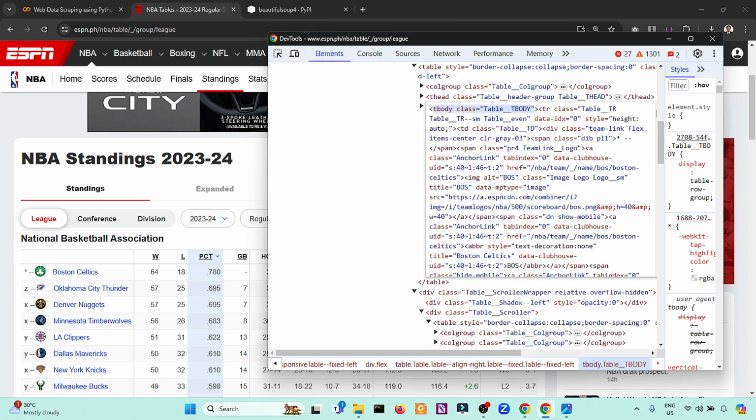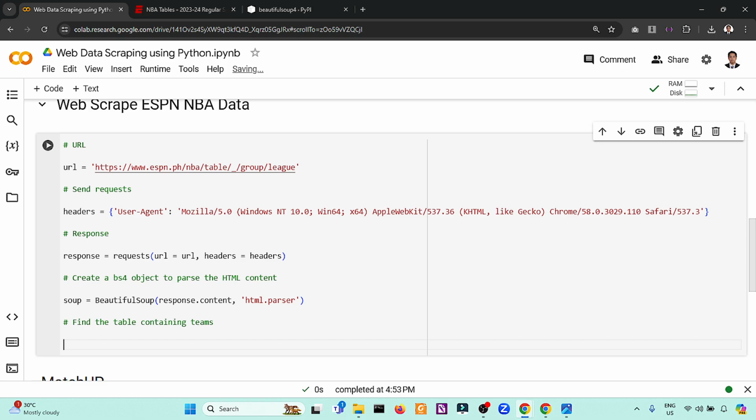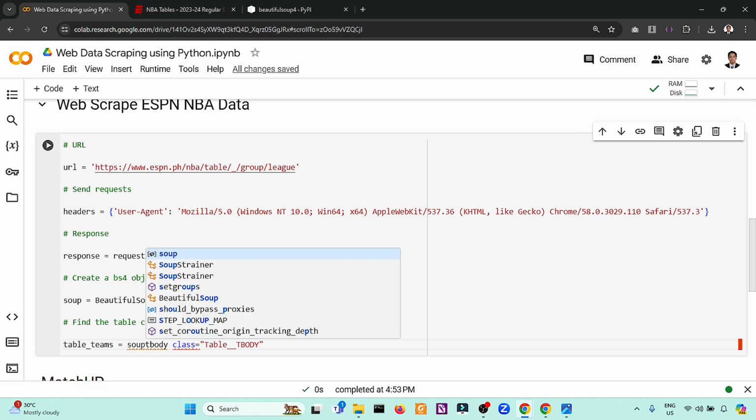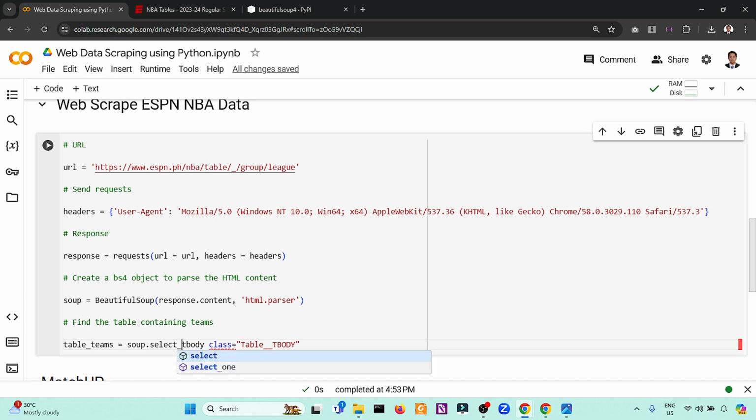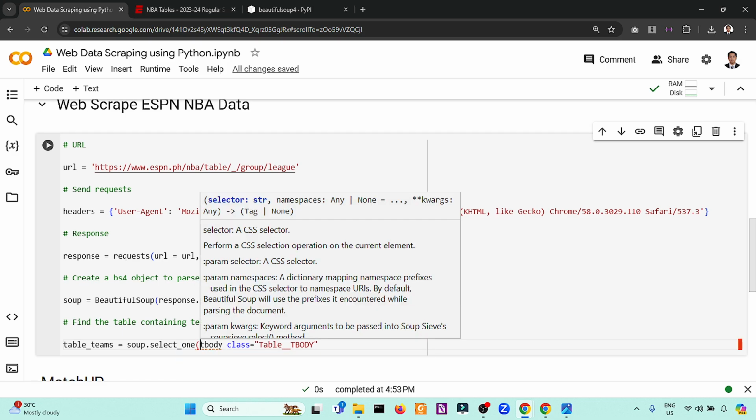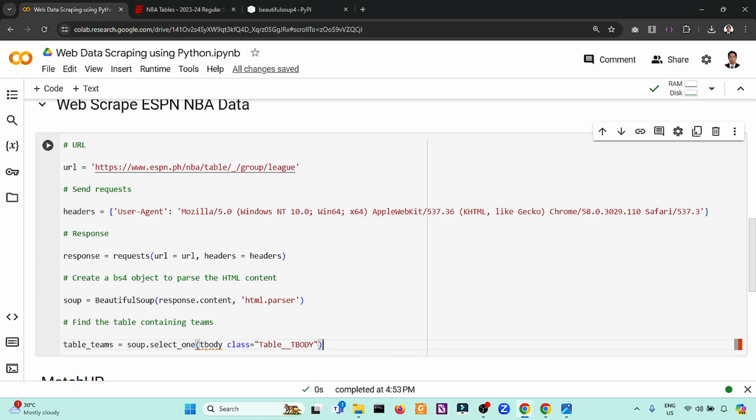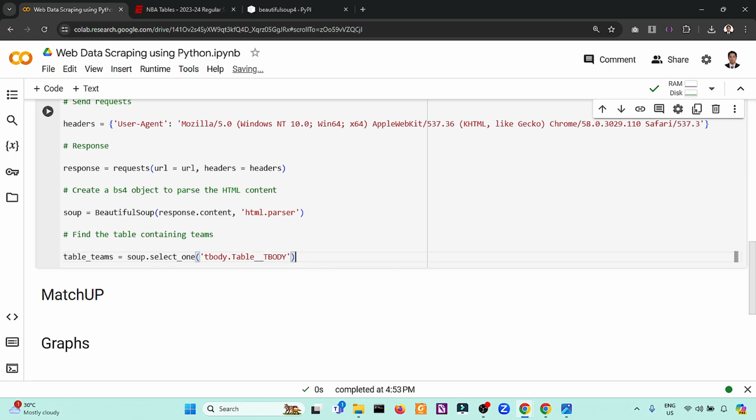So this will be our anchor point for the team name. We have a variable table_teams equivalent to soup dot, and we only select one tbody with the class of table body. I can find the team names inside this table.